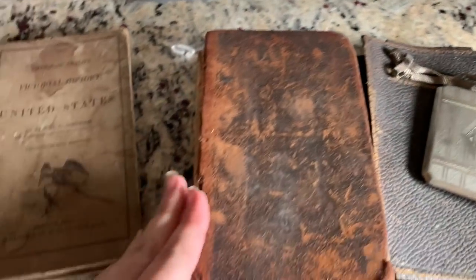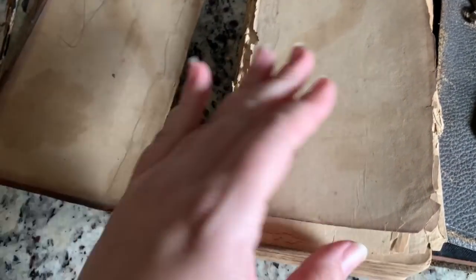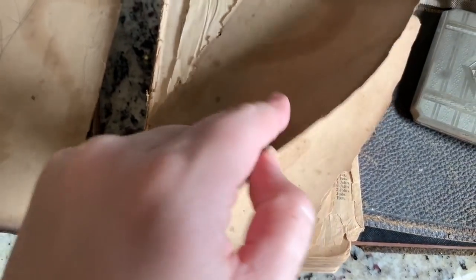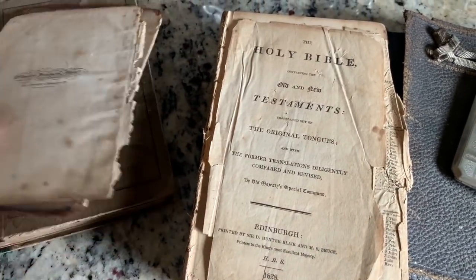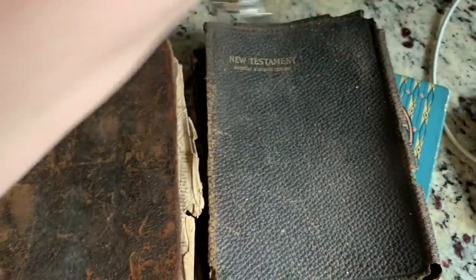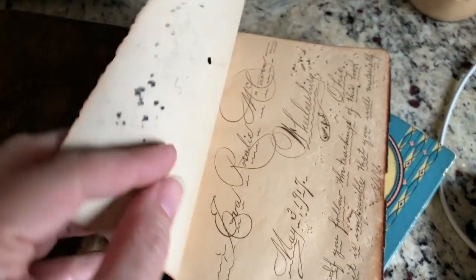So months later, I'm at a different place, a different sale, and I find this old Bible. It's coming apart, and I open some of the pages. Was it this one? Nope, this one is not it. This Bible is from 1828, which explains why it's falling apart. I think it was this one. This New Testament Bible, which completely came apart. But anyway, I open a couple of the pages, and on the front here, I see